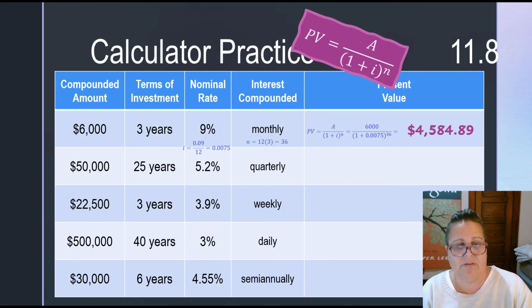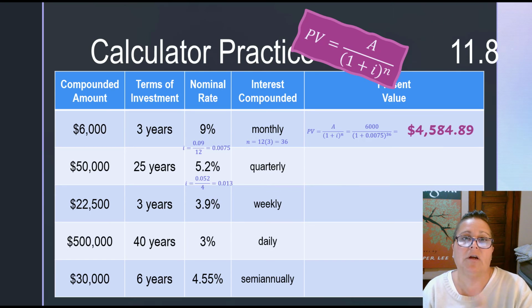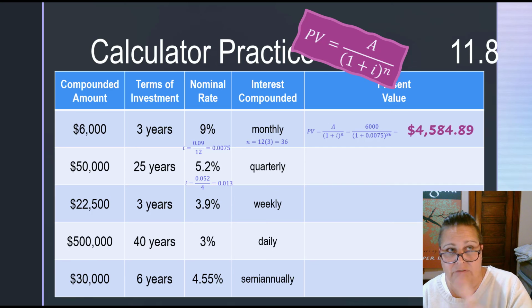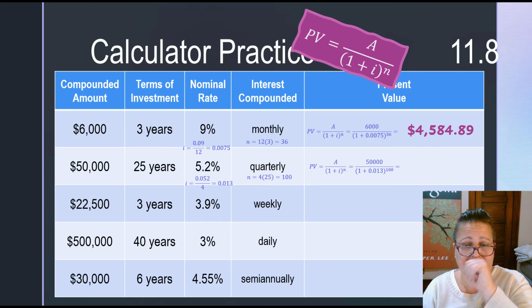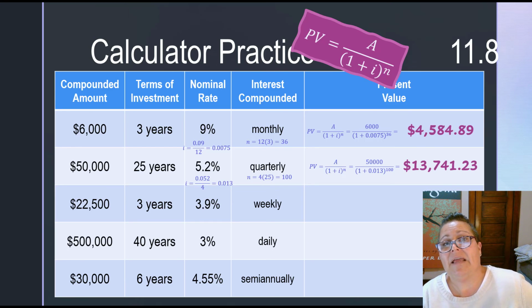All right, we've got 5.2% compounding quarterly. Quarterly is 4 times a year. So I'm going to take 0.052, because I'm putting it into a formula, divided by 4 to get 0.013. Total number of compounds is 4 times 25, or 100. Present value formula is the goal amount divided by 1 plus i, interest per period, to the nth power, or 50,000 divided by 1 plus 0.013 to the 100th power, and I get